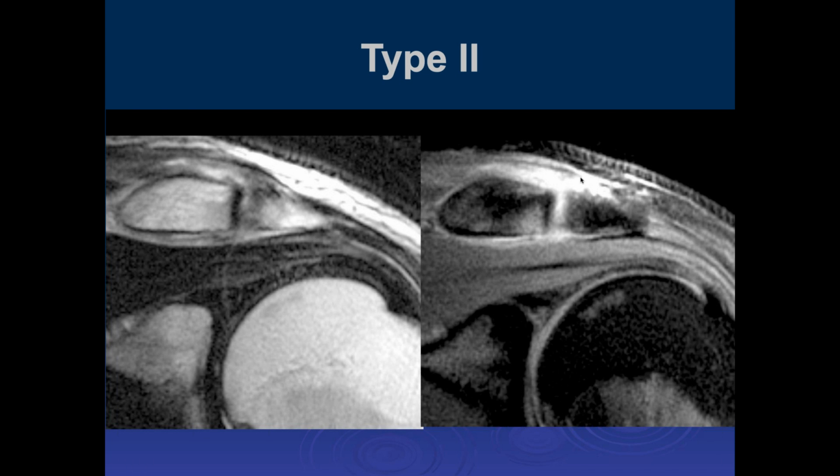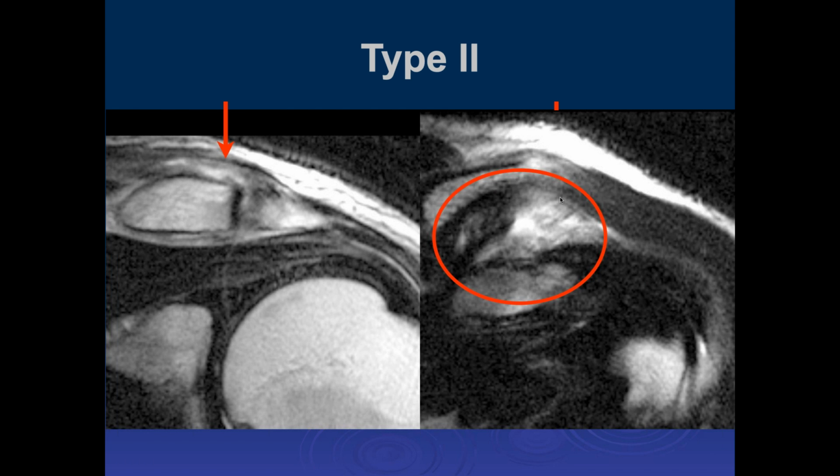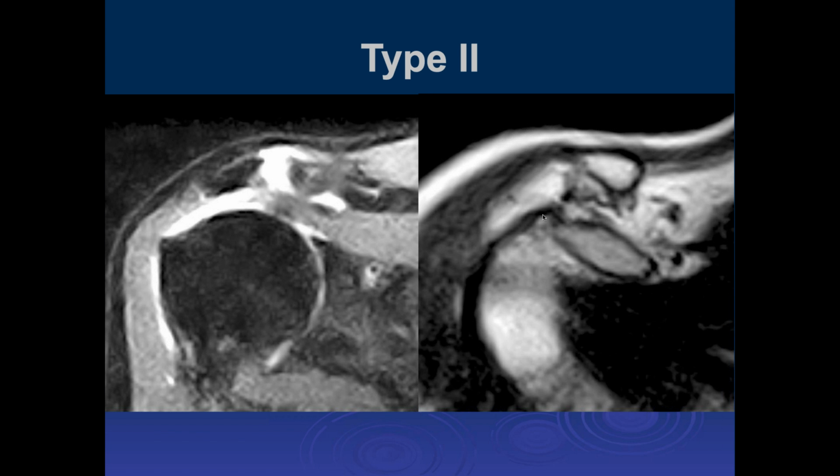Here's another one where we can see an injury to the superior capsule there. And then if we go to the CC ligaments, we can see a lot of increased signal intensity. With the rotator cuff tear, here we can see an injury to the AC joint with some separation. And then if we go over on the coronal images, we can see a disruption of the CC ligaments here